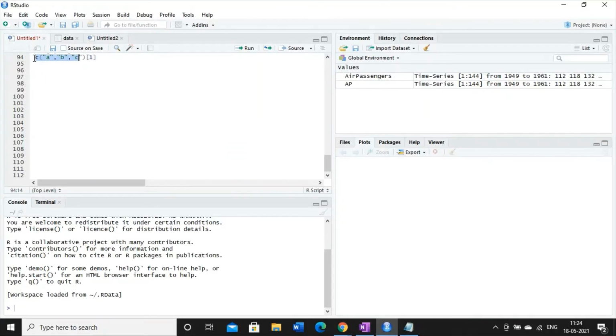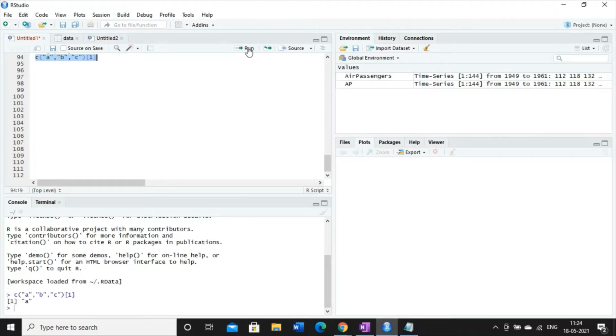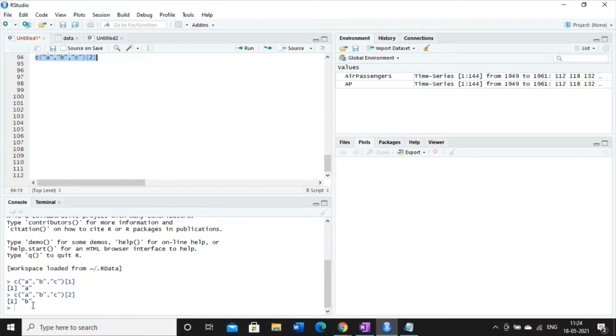See, whenever I write this code and try to execute it, see the output. It is fetching the first element from the vector. And if I change this value to 2, then it will fetch the second element of the vector. So from this, the note is that indices in R start from 1 for the first item.